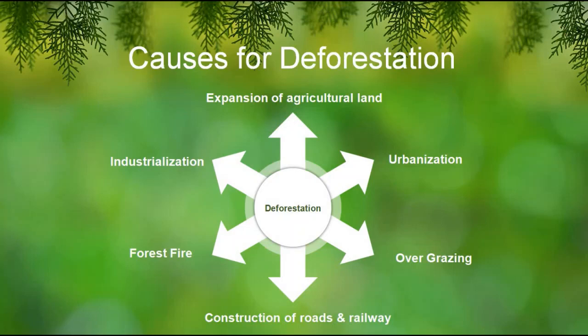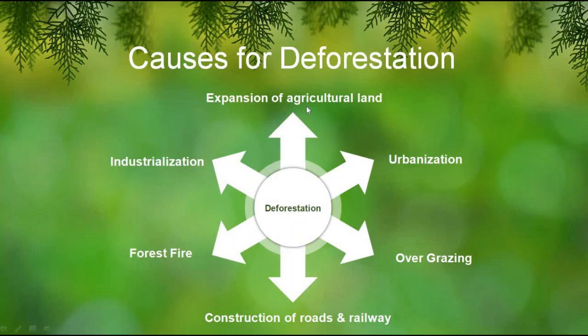Especially expansion of agricultural land. To expand agricultural land, we do deforestation, and for urbanization. The population is increasing, that's why we cut the forest and make it a residential area, and to